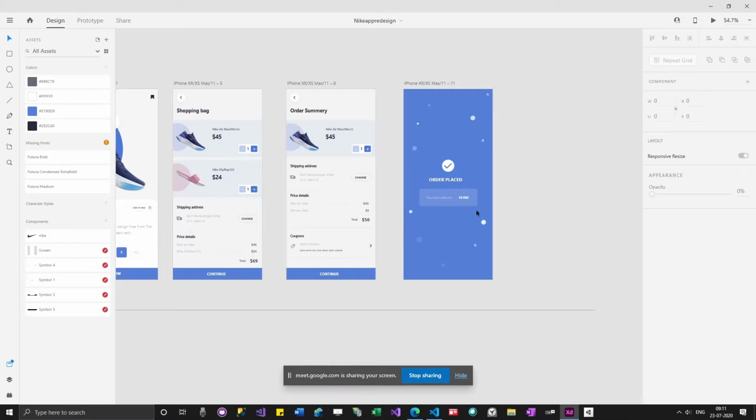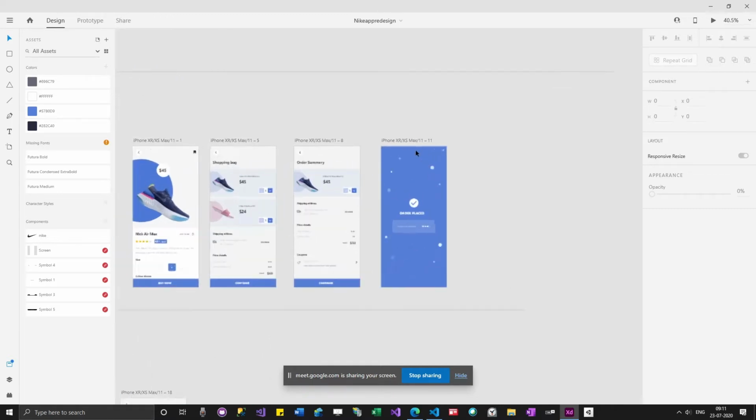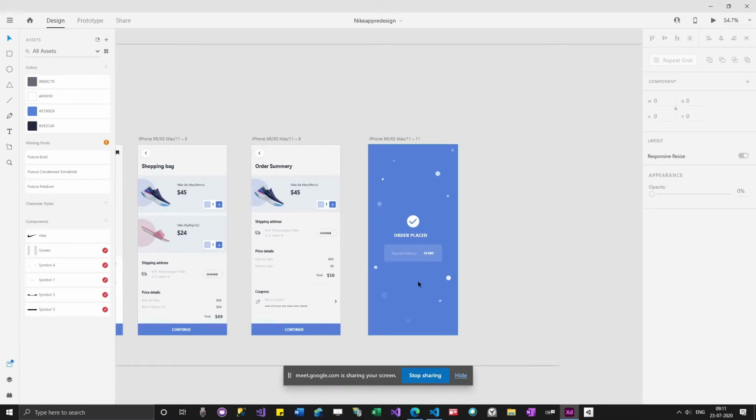So when an order is placed, we'll implement this card payment, and once pay now is clicked, this order placed screen will be loaded, so that it will look very good. Why I want to do this screen later, in the next classes, is because there are some circles in the background, right? Once we learn something about animations, we can move these balls around. That will make this UI look much better.